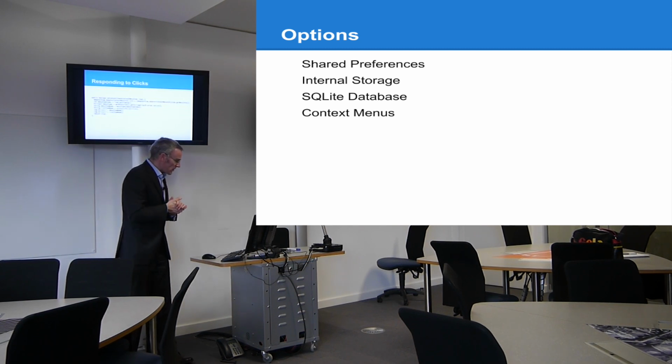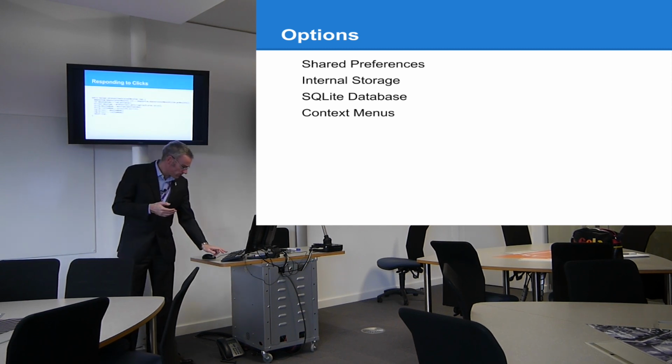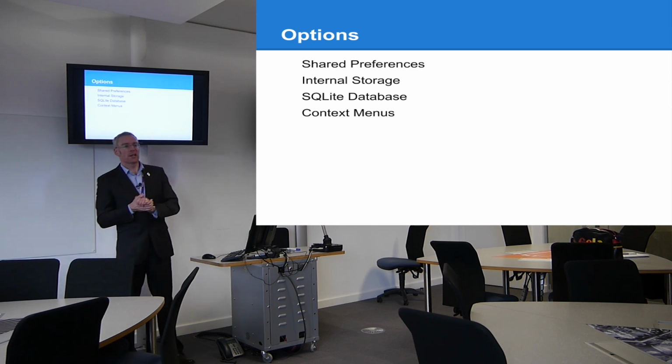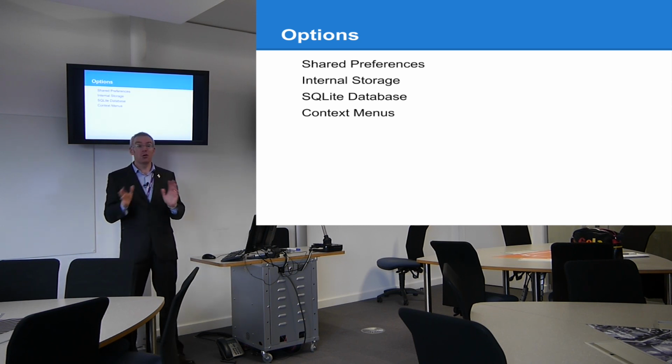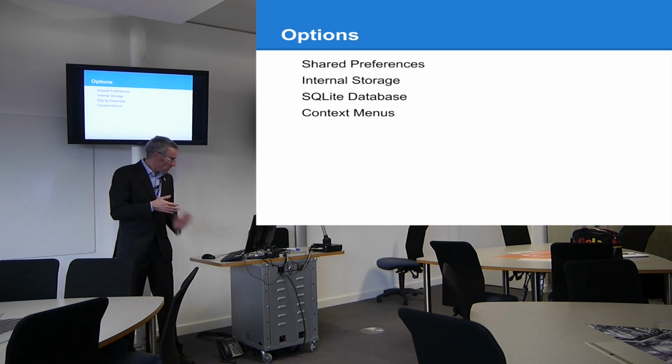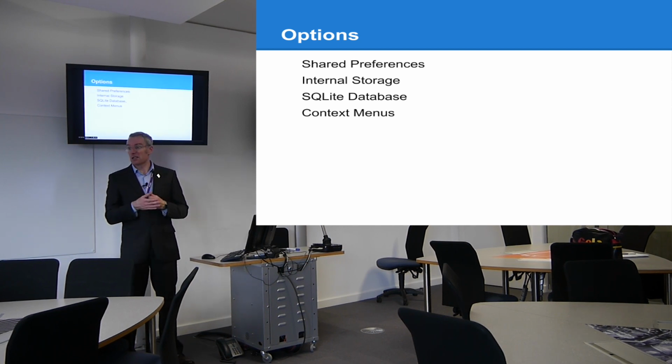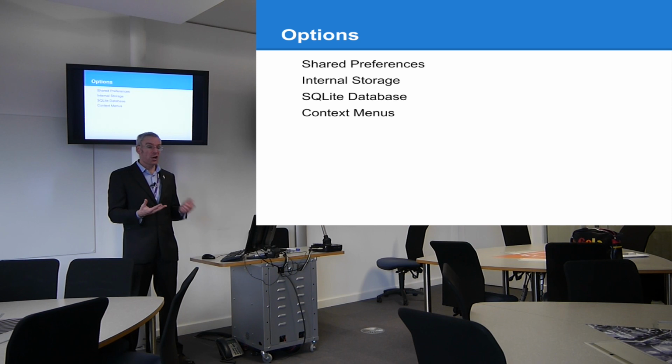So the idea is, from today's session, internal storage, forget about that for the time being, we'll come back to that after we finish this. Shared preferences allows you to store individual values in your Android application based on key value pairs. The SQLite database gives you a full relational database built into the phone. It makes no sense not to use it because it's there, it's easier than trying to cope with XML and